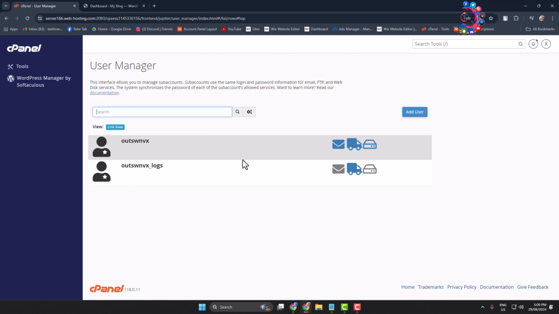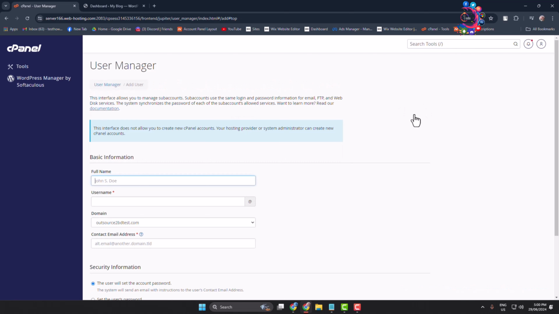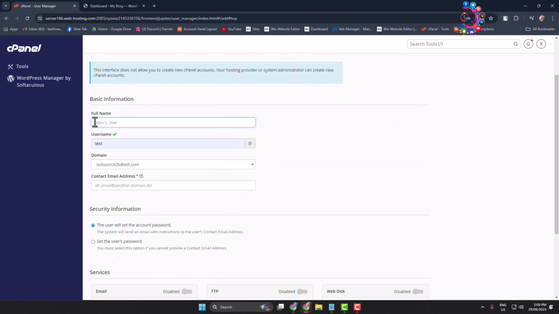To create a new account, just click on add user, and now in this full name box type the user's full name, and here write a username for your account, and you can select a domain in which you want to create the account. And in this contact email address box, you have to type the account email address,